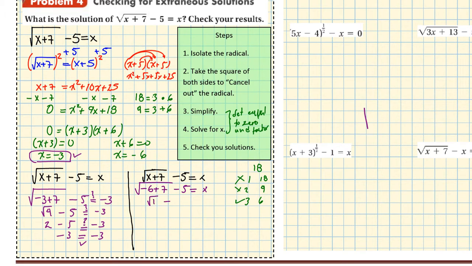I forgot to put the -6 here. Okay, so we get 1 minus 5, which is -4, and that cannot work. So we know that x is equal to -6 does not work. So our correct answer is, let me write it over here,